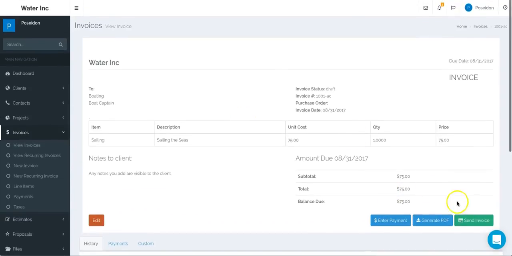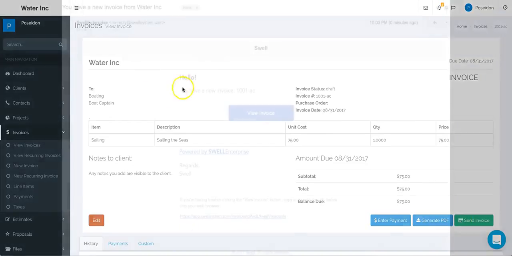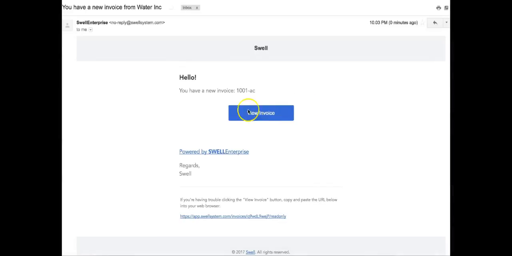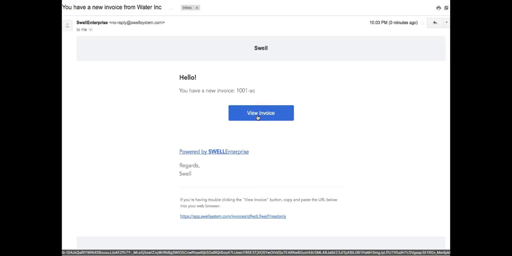So I'm going to go ahead and send this and do a test, and I'll check back momentarily. So I just sent myself a test invoice, and you can see here where I got the email notification. And I can also click on this invoice as a client, and it'll show me the totals, the line items, any of the information you used, and it will also track it in Swell Enterprise if the client has viewed